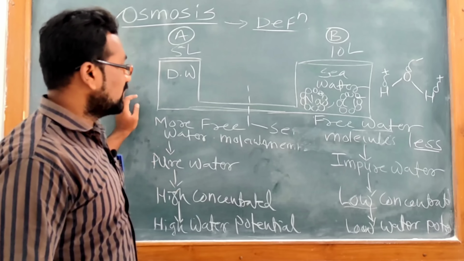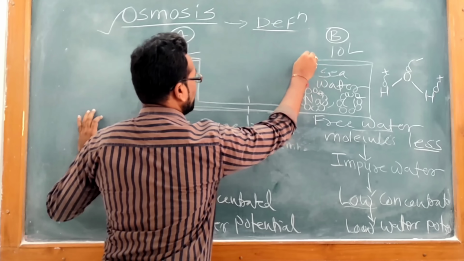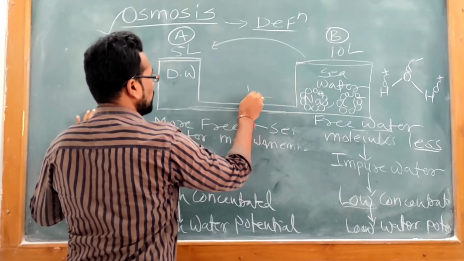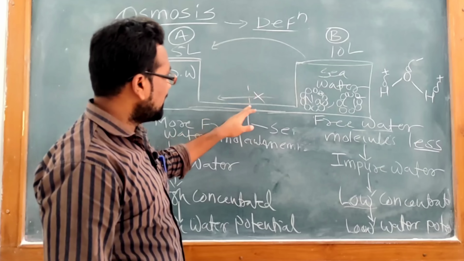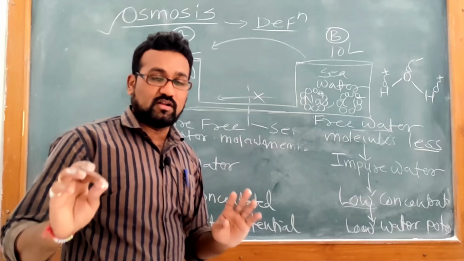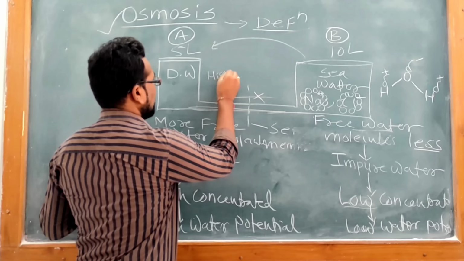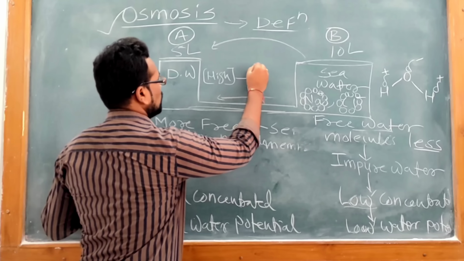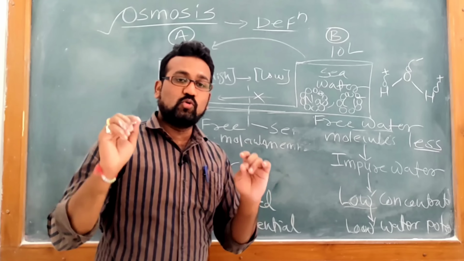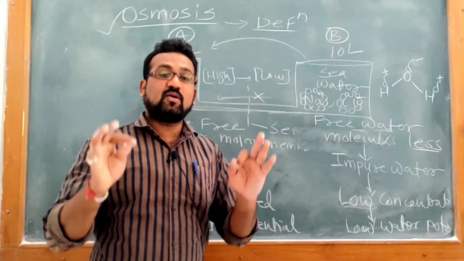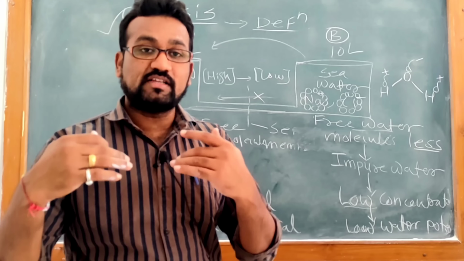The movement of water, normally what happens, we consider as from 10 liter to 5 liter water movement should take place, but it does not happen. Why? Because this membrane is permeable only for the water. So the water movement takes place from its high concentration to the low concentration. Try to understand this. The movement of water from its high concentration of solvent to the low concentration of solvent,